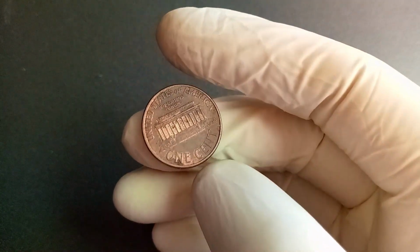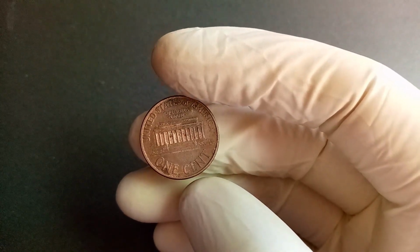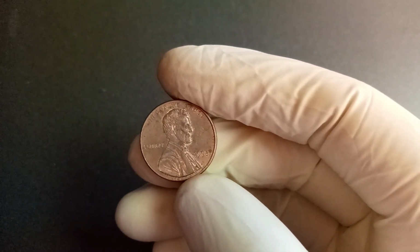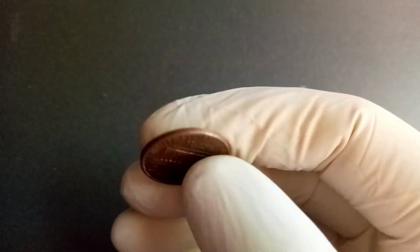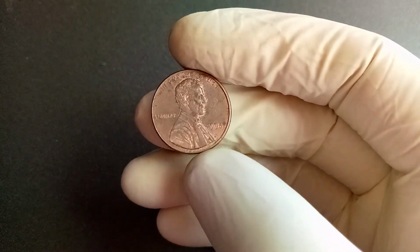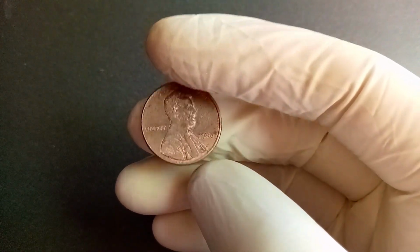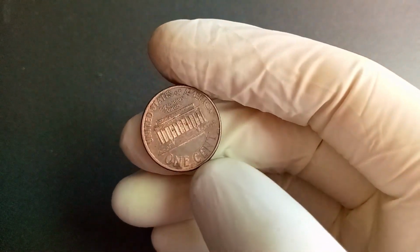But it's not just mint errors that make the 1998 no-mint mark Lincoln penny worth serious money. Condition plays a huge role. Coins that are found in flawless mint state condition, often graded MS67 or higher by professional grading services like PCGS or NGC, are incredibly rare. Such specimens display no wear, perfect luster, and razor-sharp details. When a 1998 penny in such perfect condition hits the auction block, collectors are willing to pay a premium, and